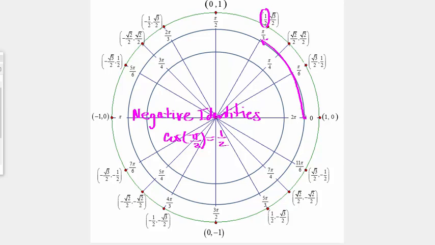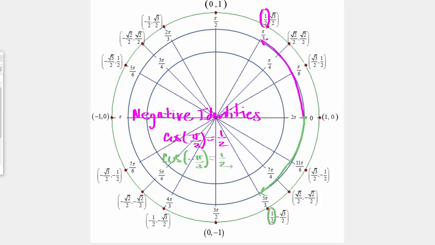Now, let's take another arc in the opposite direction. So again, starting from the usual initial point, I'm going to extend an arc negative pi over 3. And so, though the same distance, it's now in a clockwise direction, which makes it a negative arc length value. And notice that the cosine at that terminal point, which is now negative pi over 3, is, as you can see in the x-coordinate of this terminal point, positive 1/2, which is, of course, the same as it was above. So we can say the cosine of negative pi over 3